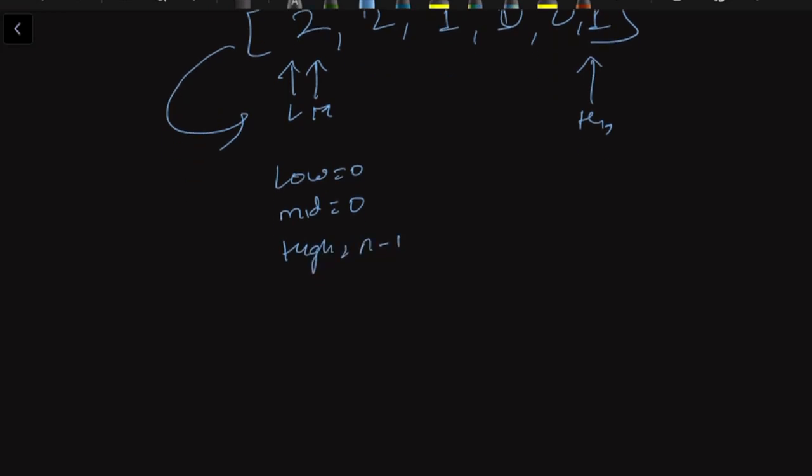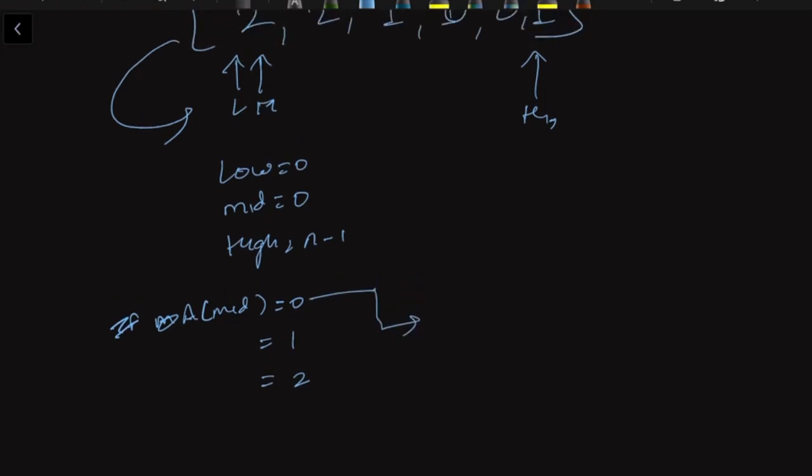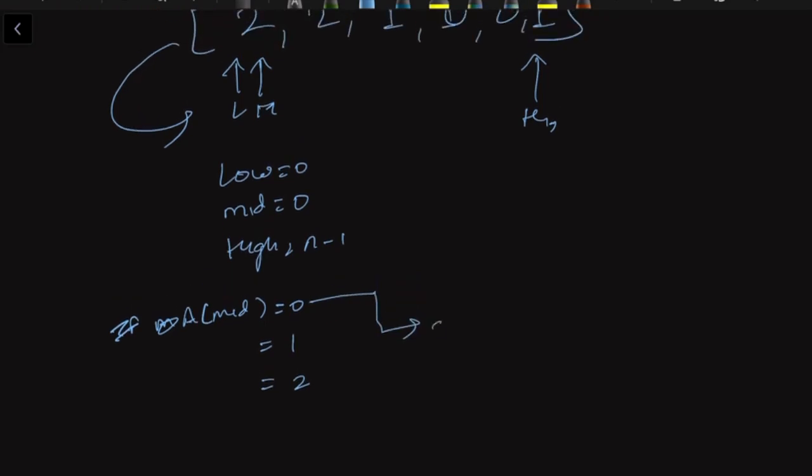Great. So there will be three conditions. If array of mid equal to 0, array of mid equal to 1, and array of mid equal to 2. So on this criteria the whole array is sorted. So if array of mid equal to 0, we'll just swap array of low and array of mid,